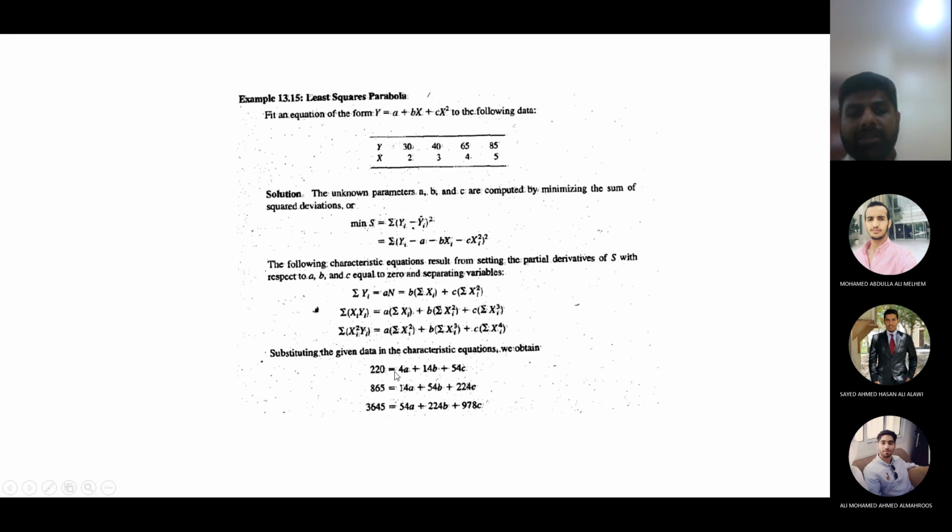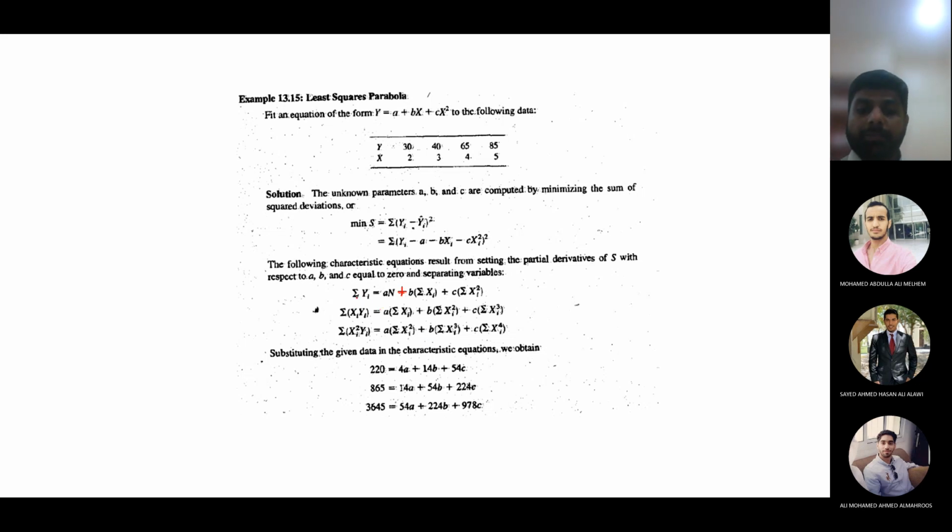Here you can see they have even put the values as well. So summation of y equals to this. Okay, so I think this one is a plus sign then. Yeah, this is a plus sign. So there's a mistake here. You can correct it in the slides you have. I will put it here. So this is a plus sign basically. It's not equal to. Equal to doesn't make sense as well.